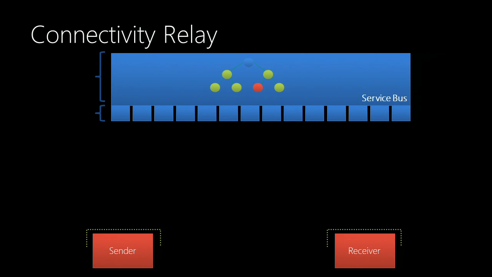The receiver is just a regular WCF web service, right? You don't need to know anything new. It's just a regular WCF web service. That WCF web service, as it opens up, so you have a service host and you open that up, what that does is, instead of listening on the local network port, or on HTTP.sys, or on the shared TCP listener, it walks up to the Service Bus namespace,